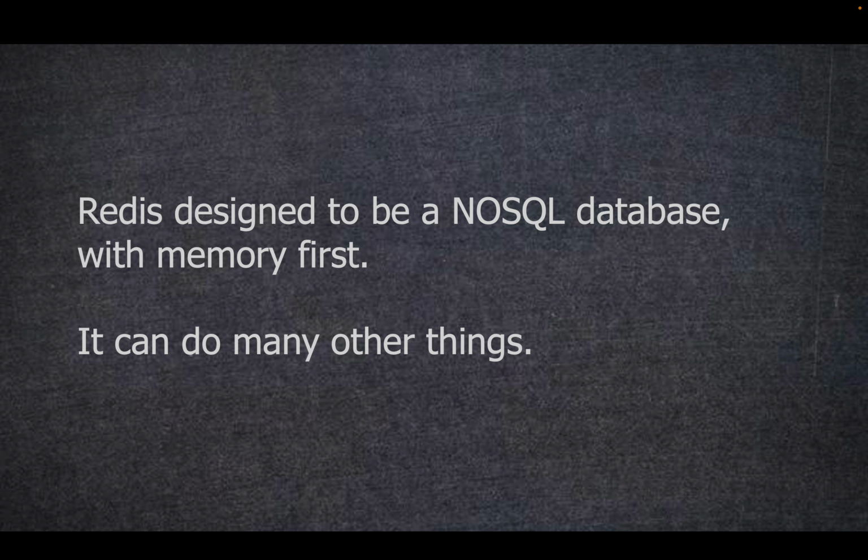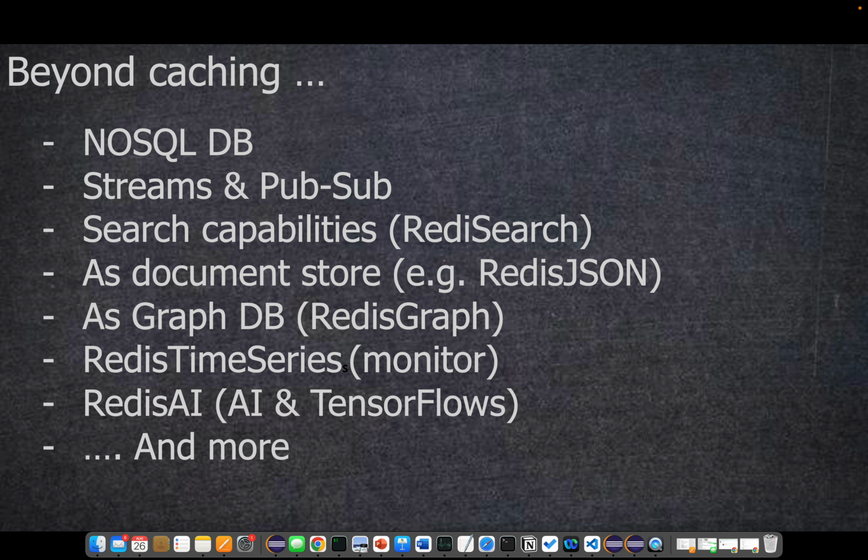Redis fundamentally is designed to be a NoSQL database with memory first in mind. It's designed to be a primary data source, and it can do many things. Now let's have a quick look at what else it can offer beyond being a distributed caching manager. As we already discussed, it could be a NoSQL DB. It supports streams and has Pub/Sub capabilities. It offers superior search capabilities via the RediSearch module, such as full text search, document search. For example, documents like JSON can be